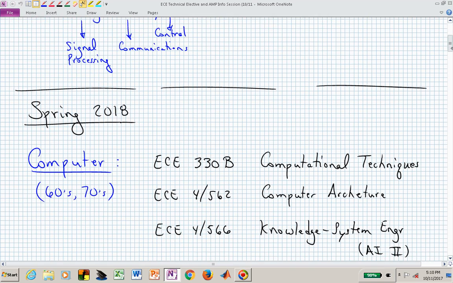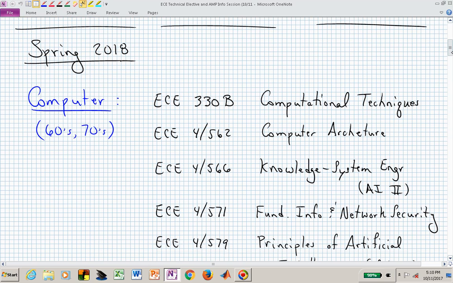And what I want to do now is really just start trying to forecast what's going to happen in January, in the spring semester. And I think some of you can register now for the spring semester, and that's why we've tried to do that now so that you can start registering for classes. But let's, for whatever reason, let's talk about the computer classes first, the 60s and 70s,